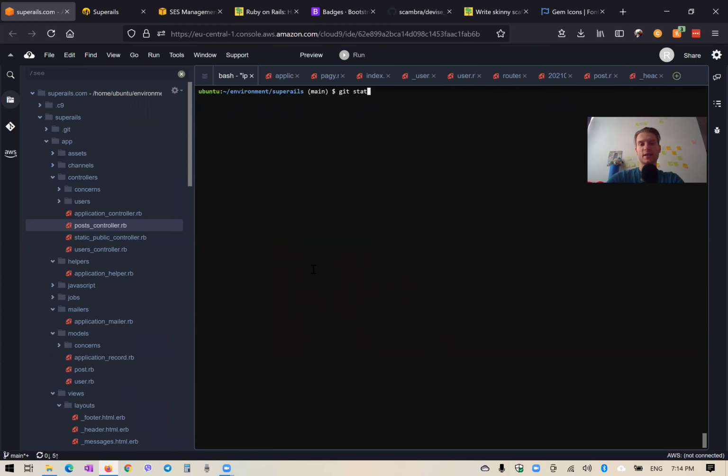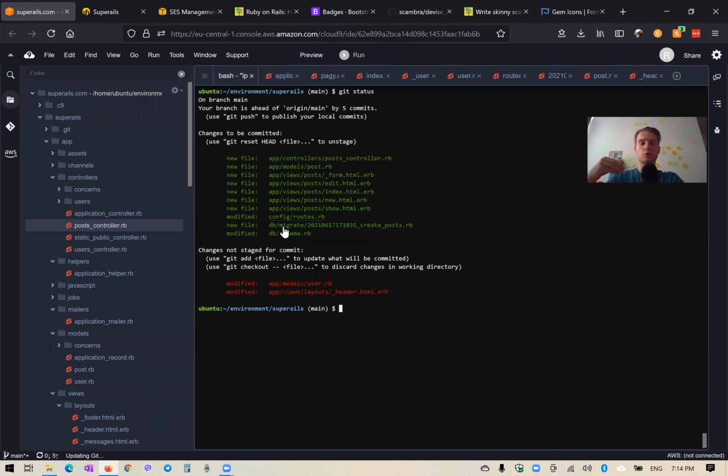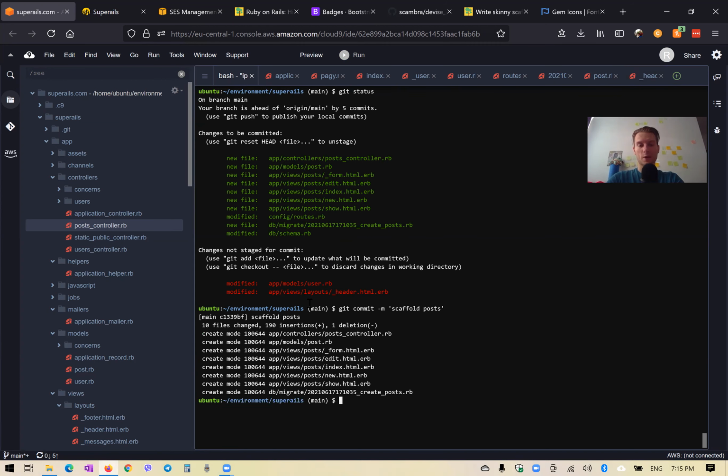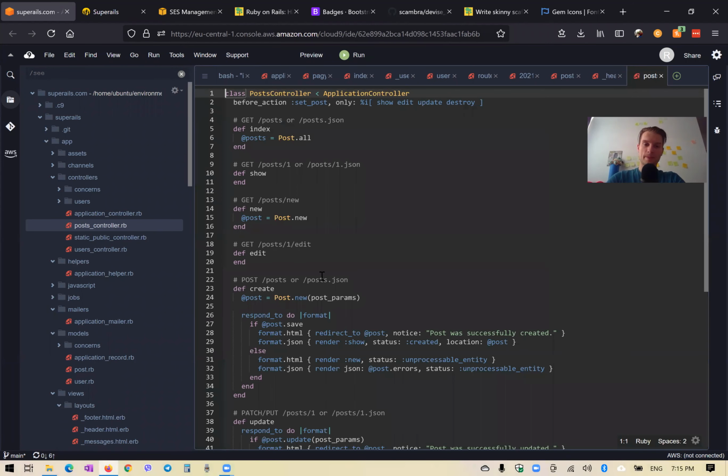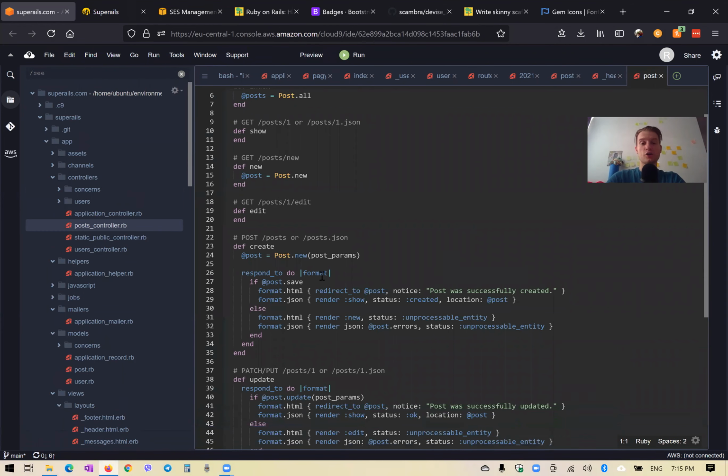Okay, git status. So these were added during the scaffold, and these are some edits that we've done later on. So git commit main scaffold posts. Okay, and now going back to the post controller, we will set the user